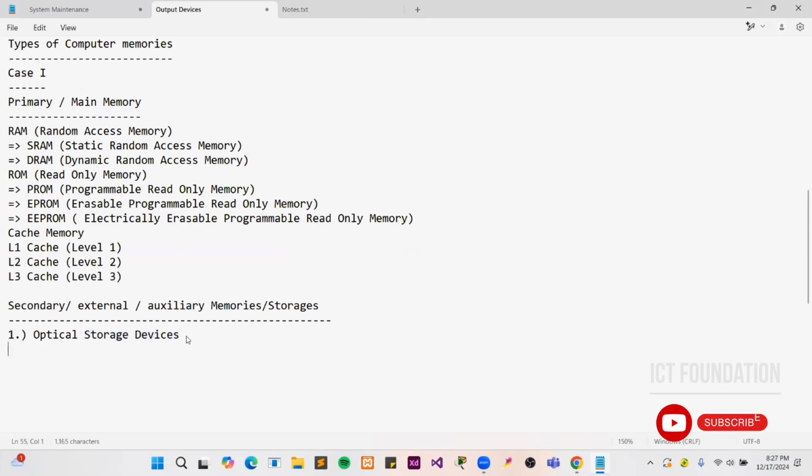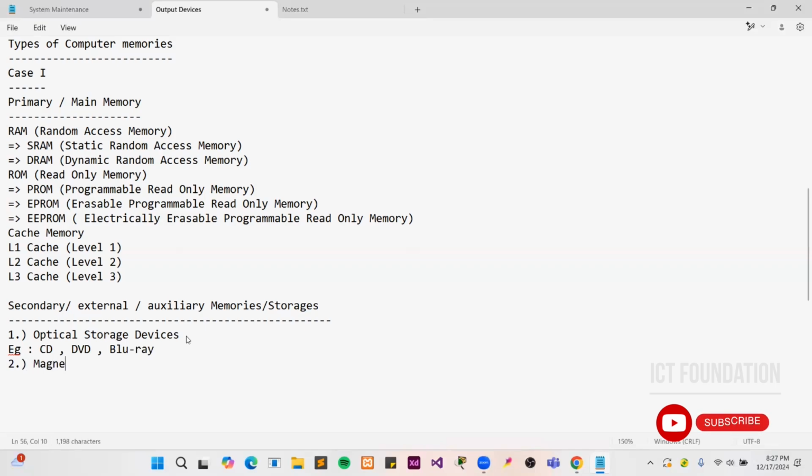For optical storages, we can give some examples. First one, CD, compact disc. Then DVD, digital video disc. Then Blu-ray. These are the kinds of storage devices within the optical storage devices. Then the second one,